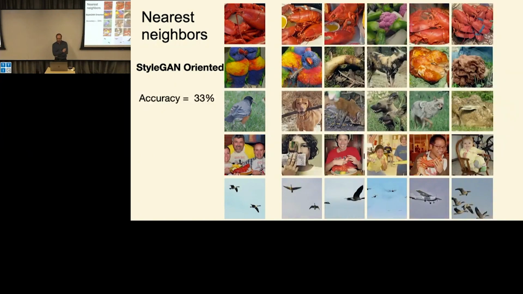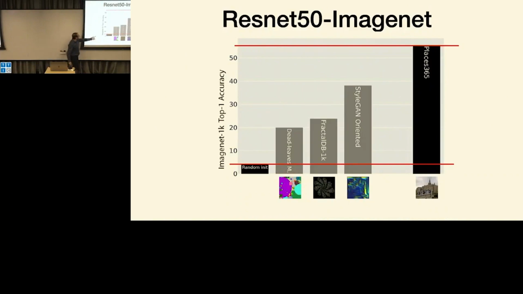You get these neighbors, which actually look worse than the previous one because this was just a random selection of images, but the performance went up. So it's overall better, even though in this particular case it just happens to be slightly worse. But I didn't want to trick you. Sometimes it's 33%, it's not magic, still not very good. But you can do better. So this is the performance. This is actually really starting to get close to what you can do with real images. And there is still something else here. So what else can we do?